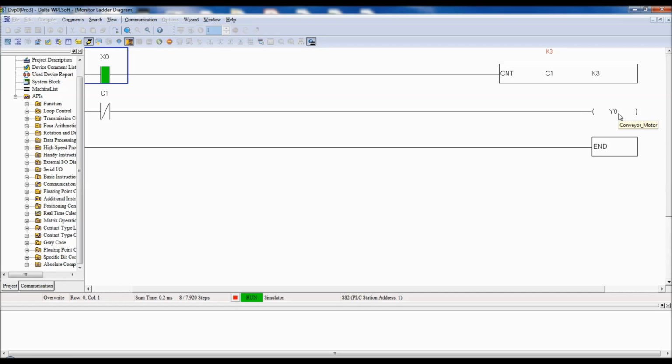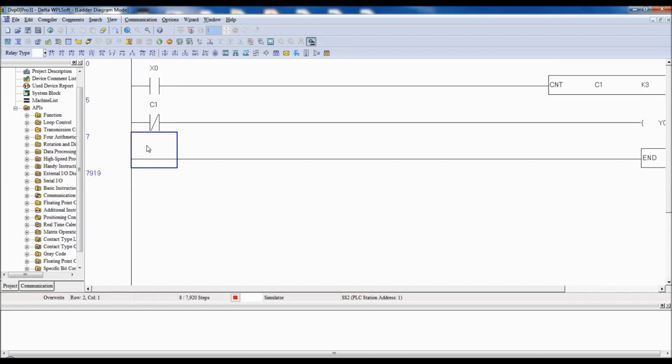So that is what the process is going on. Assume that packing is done and then there's a dispatch. Now we have to switch on once again the conveyor. That is not possible because the count value is 3, always 3. So in order to reset the count value again to 0, there must be a reset instruction. Okay, so in order to edit the program, I will come out of the online mode and right click,